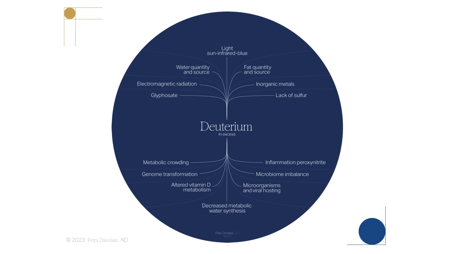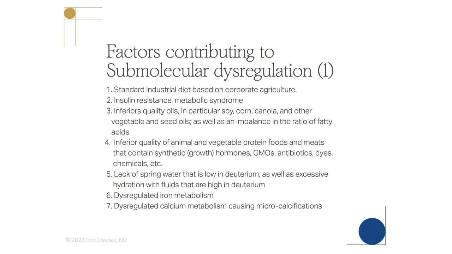Submolecular dysregulation due to accumulation of deuterium is at the heart of the cellular transformation, causing mitochondrial dysfunction. The approach to reversing mitochondrial dysfunction is to address all those factors we know contribute to submolecular dysregulation. These include, and by no means are limited to, the standard industrial diet based on corporate agriculture, inferior quality oils, in particular soy, corn, canola, vegetable and seed oils, as well as an imbalance in the ratio of fatty acids,